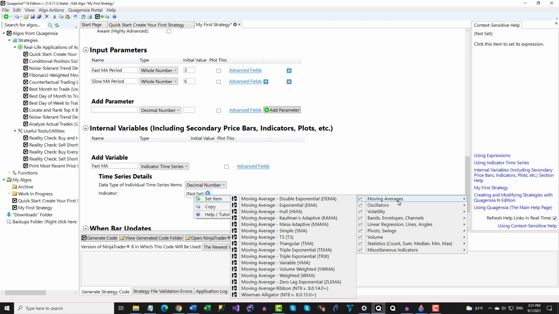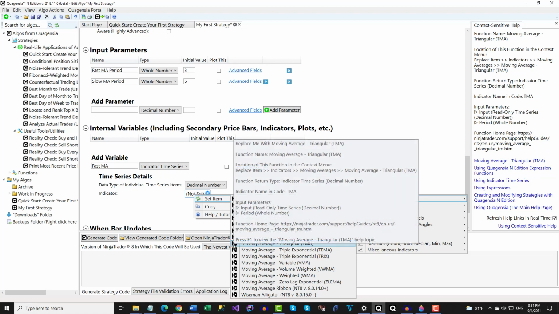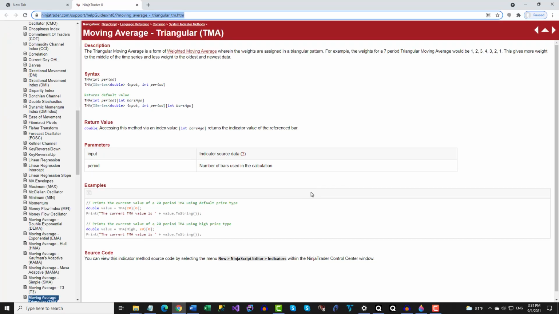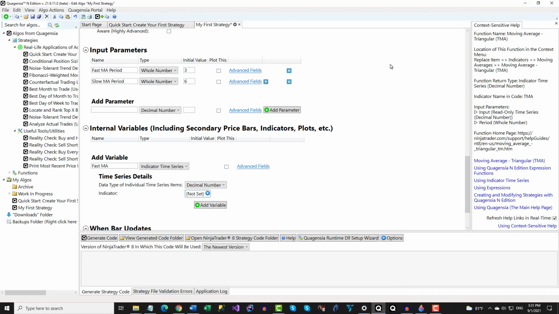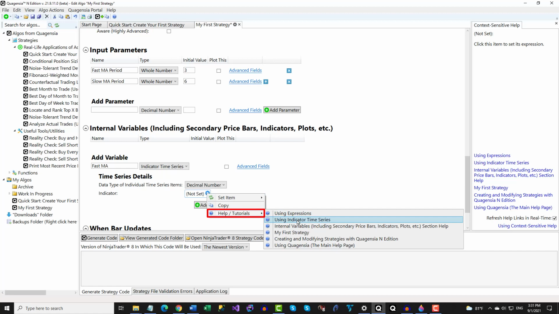If you want to learn more about an indicator, place your mouse pointer over the icon to the left of the menu item, read the tooltip that appears, and press F1 to go to the documentation webpage for that indicator. If you want to learn about other topics that are the most relevant to the location where you clicked, roll your mouse pointer over the Help Tutorials menu item and click on any help topic you want to learn more about.